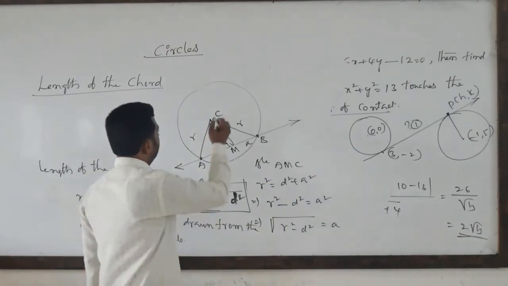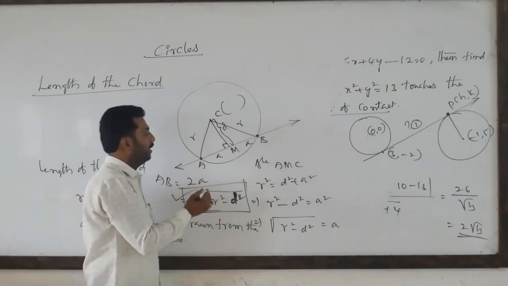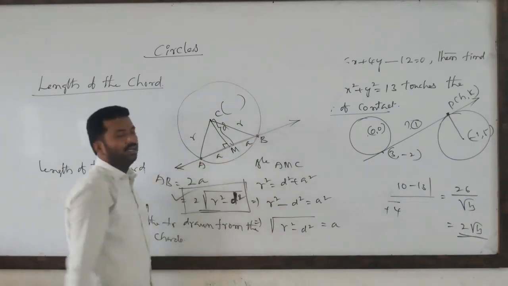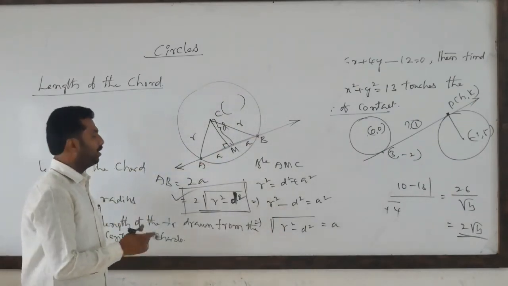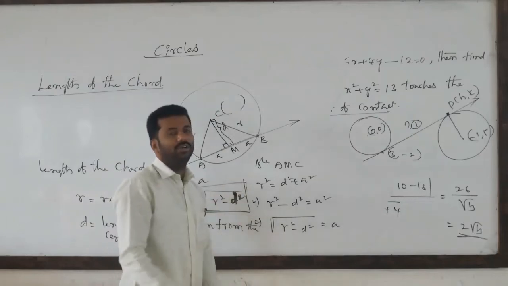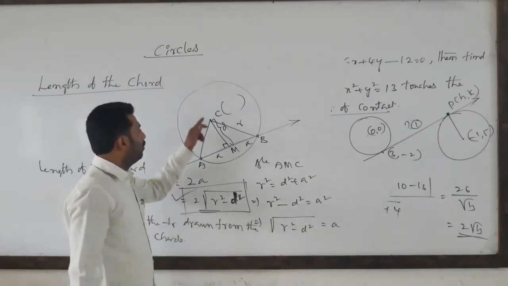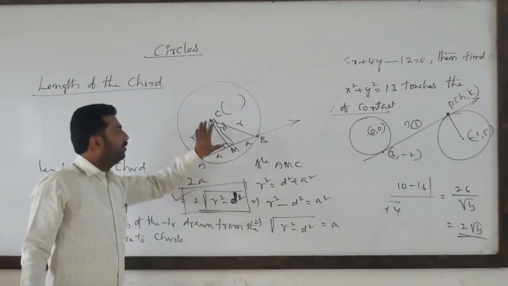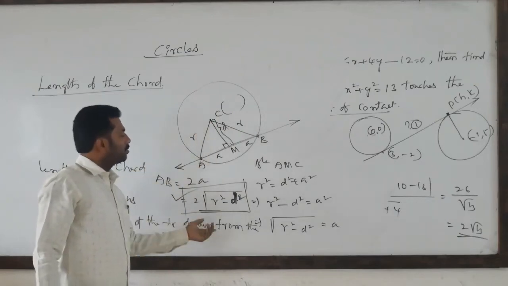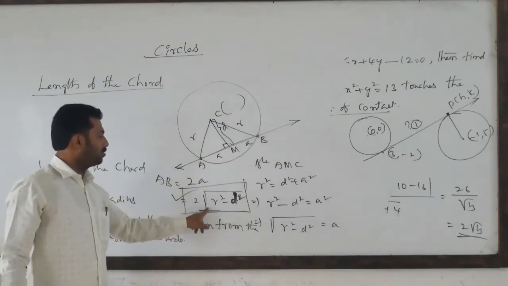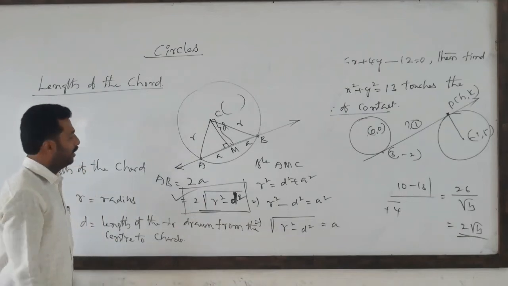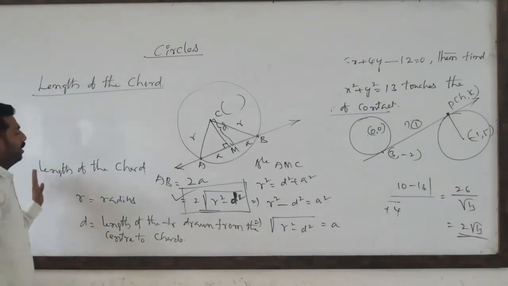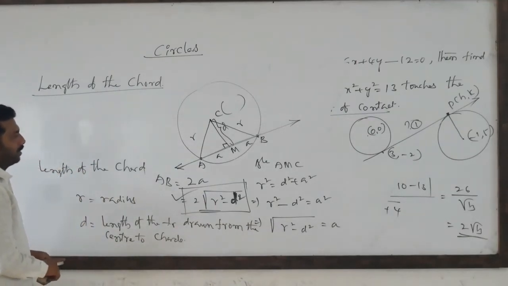Anyhow, circle given means center we will get. Secant line also, one chord also they will give. Chord is nothing but the line equation of the form AX plus BY plus C equal to 0. So from the center to this line, if you calculate the distance, that is D. Square of that D square. R square minus D square, into 2, that is the length of the chord of a circle.